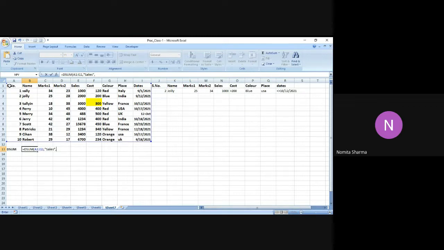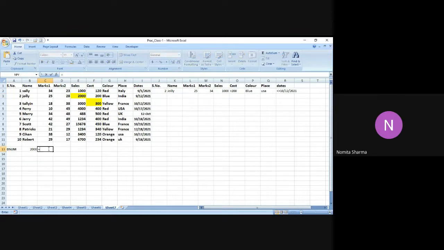So I want to calculate the sales for, for example, a person whose name is Jolly. I will simply select the field along with the name, and I will close the bracket. So I get 2000 as the answer. Let me check how much sale Jolly has done. So Jolly has done sale of 2000.